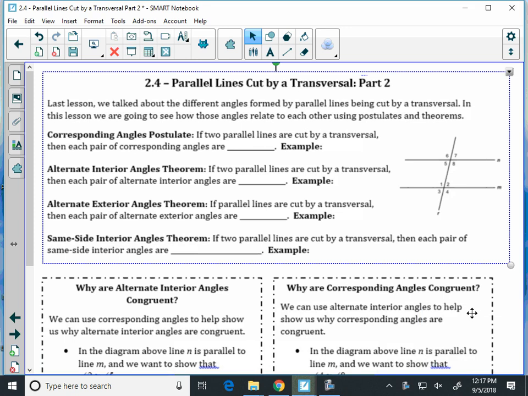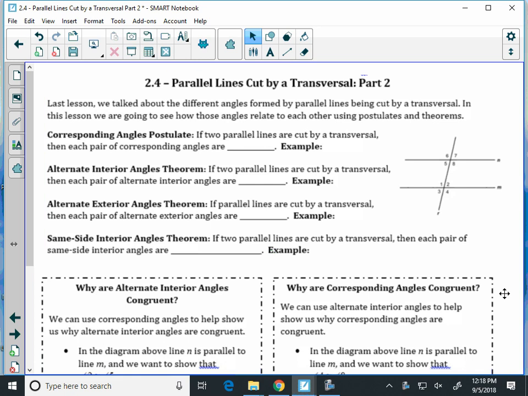Talks about corresponding angles, alternate interior angles, alternate exterior angles, and same side interior angles. Well, there are some special theorems that go along with these types of angles. The first one is the corresponding angle postulate. A postulate is something that doesn't really require a lot of work to be true. You look at it and say, yeah, can't argue with that. That's true. It says that if parallel lines are cut by a transversal, then each pair of corresponding